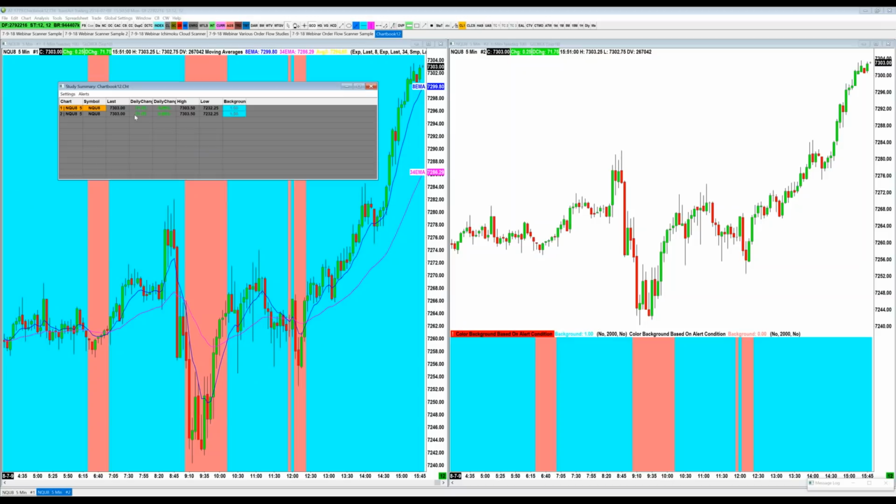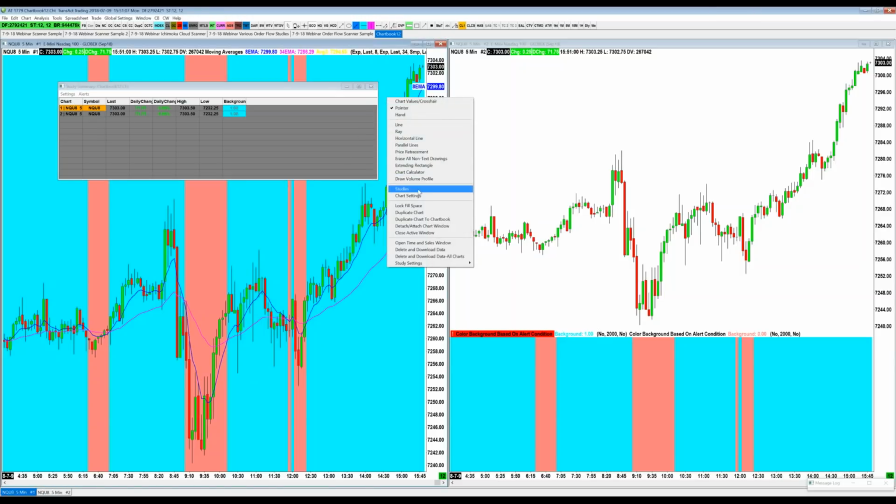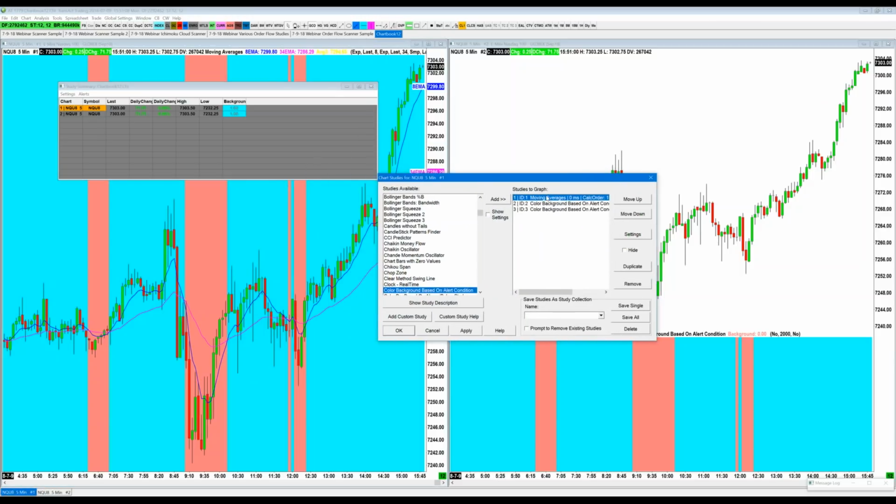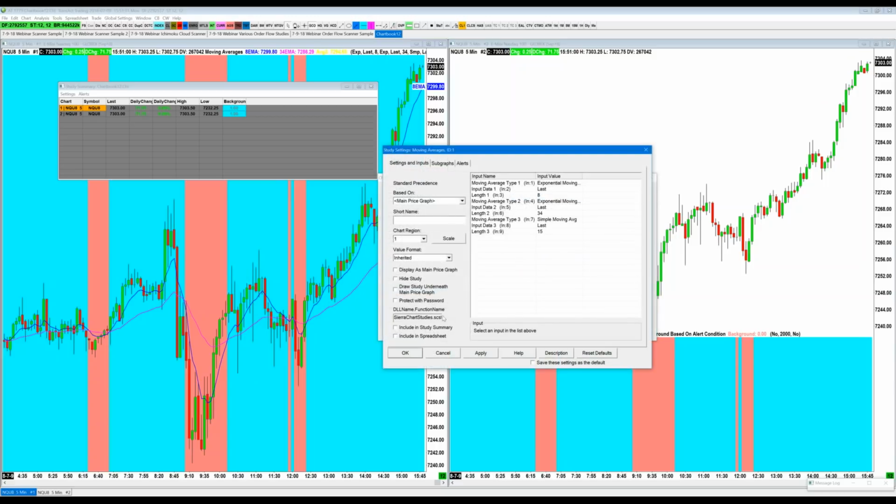So what you can quickly find with this window is that there's too much data. So if you want to clear it out a little bit, you can actually go into the study section of your charts and you can tell certain studies to not display in the study summary. And it's controlled right here with this checkbox. So with the moving averages study, I have it by default set to not display. So include in study summary was unchecked. But if I check it, then what's going to end up happening is we're going to see,